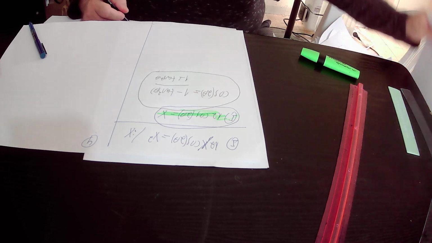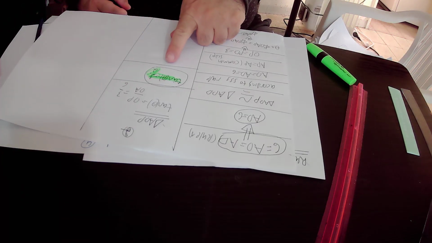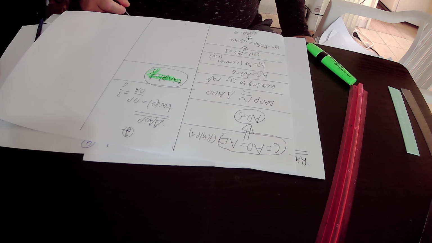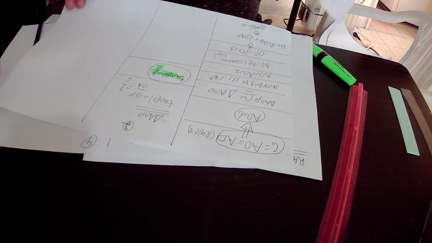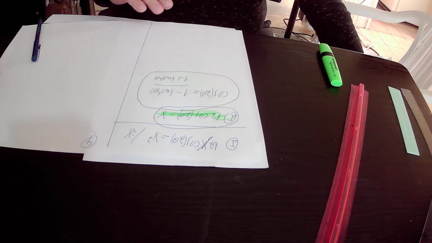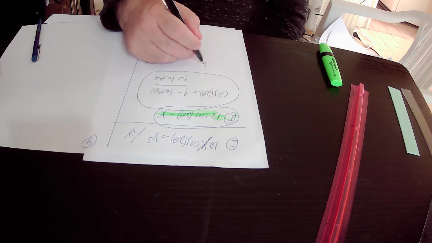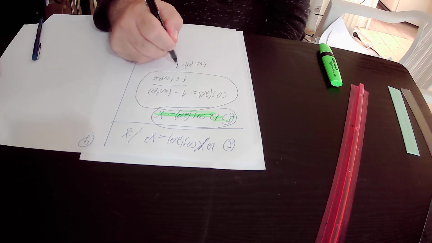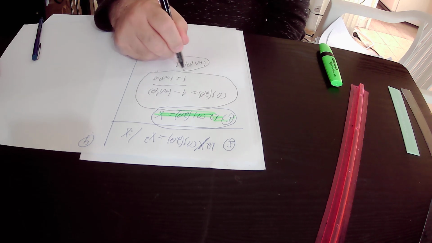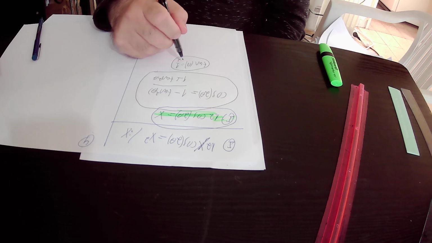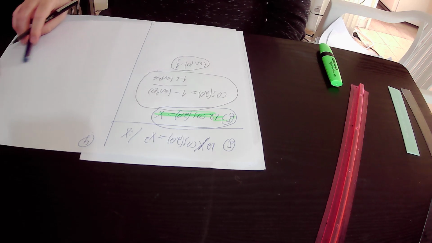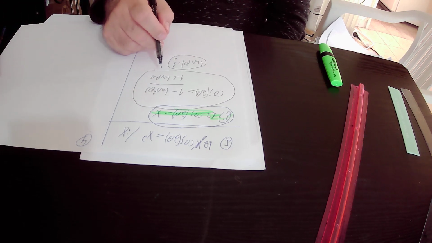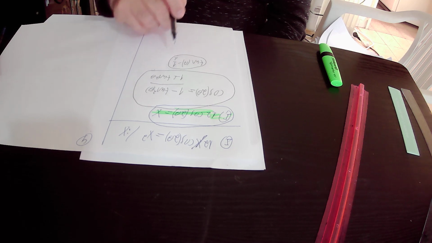But we have already found out that tangent theta equals 1/2. So we can write here that tangent theta equals 1/2. Now we can substitute tangent theta in this trigonometric identity by 1/2. We'll do it now, and we get that